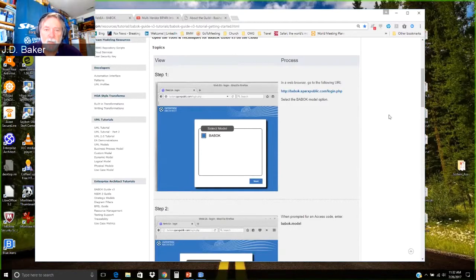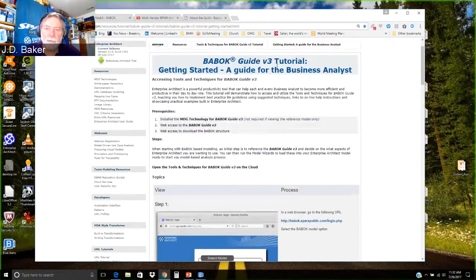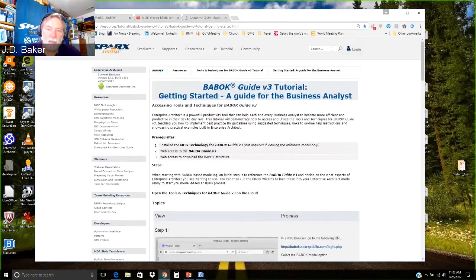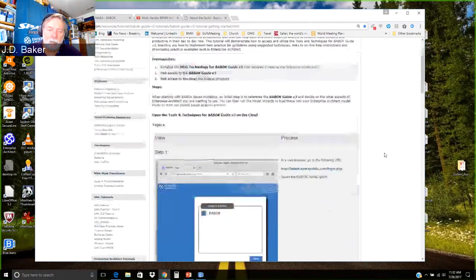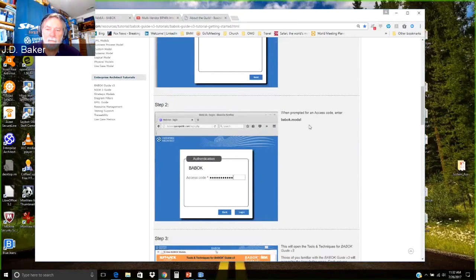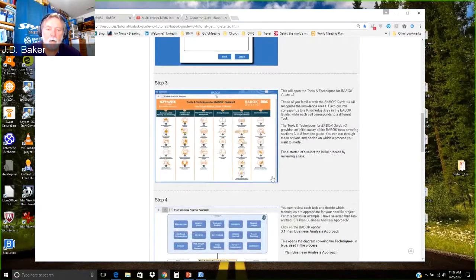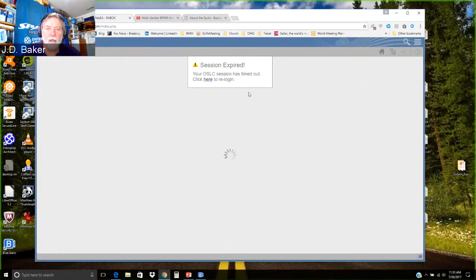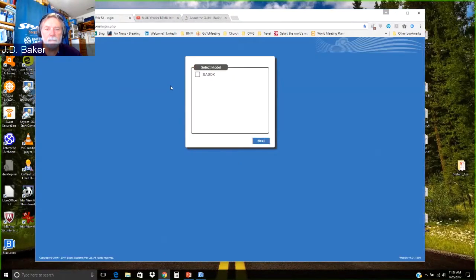So it's simply a question of go here to this page, and the way I find this page all the time is I just type BABOK in the search window and go to there. Although you can navigate through resources to tutorials to find it. And so there's a URL for you to go to log in. The access code for the model is simply babok.model, and it opens this reference for you. So I'll go straight there. Yes, we will log in again. Simply select BABOK and